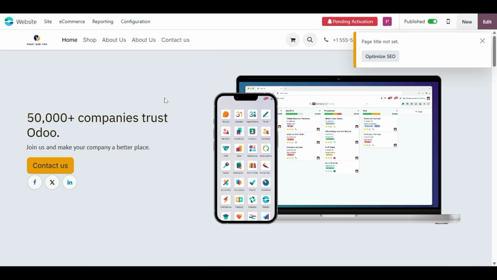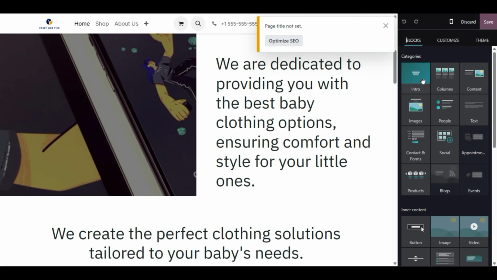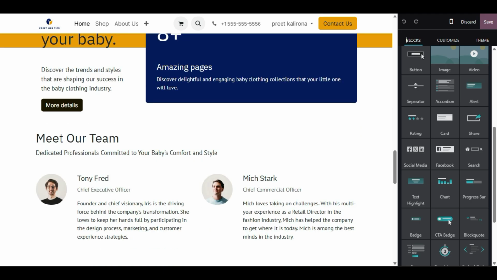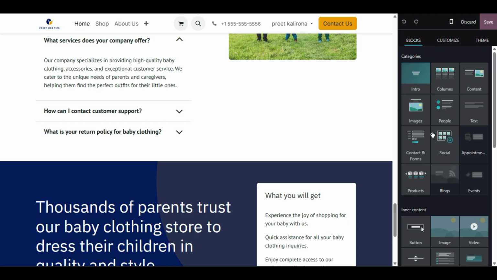Now let's try out some other blocks on the home page, to see what type of blocks you can use or what inner content options you have. If anywhere you want to use one, for example, let me scroll down to here. First let's talk about categories. Under the categories you will be able to add one more column, like intro column, columns, content, and then you have contact and forms, social, if you want to display social media posts on your website,